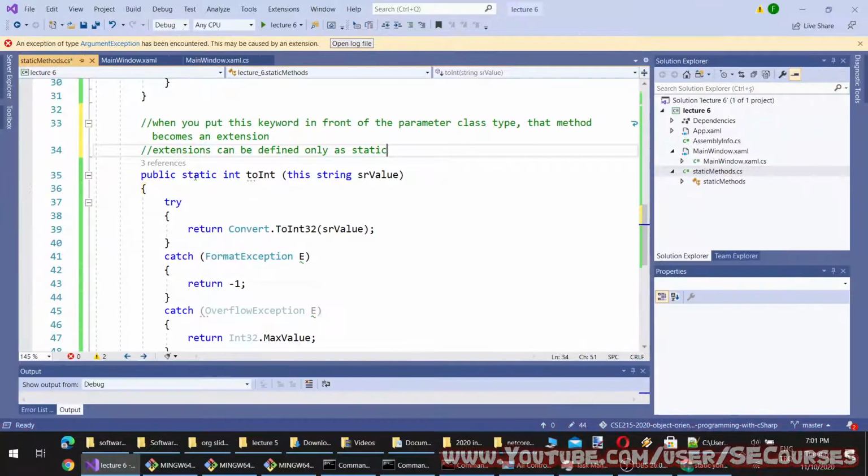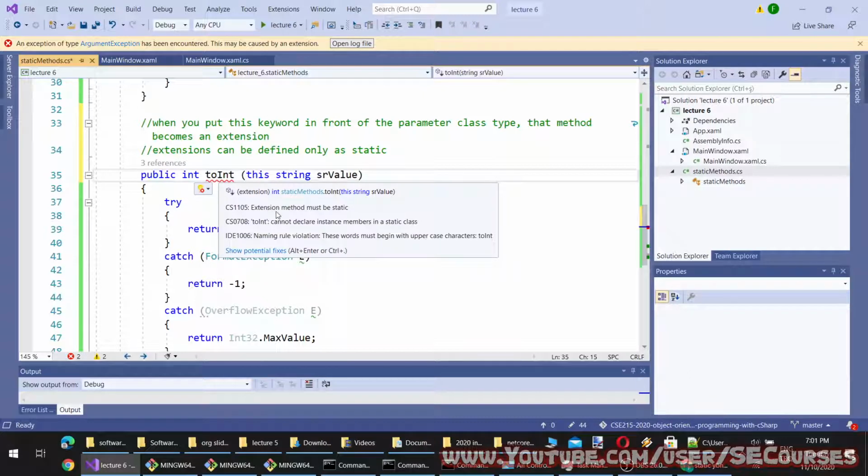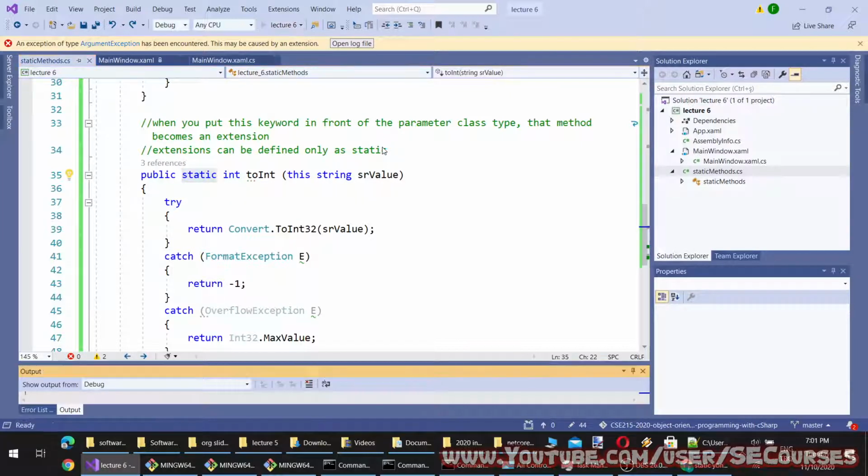For example, if I remove static, by the way, this is inside static also, it will tell me that extension method must be static, as you can see. Okay, and let's continue. I'm rerunning the application.